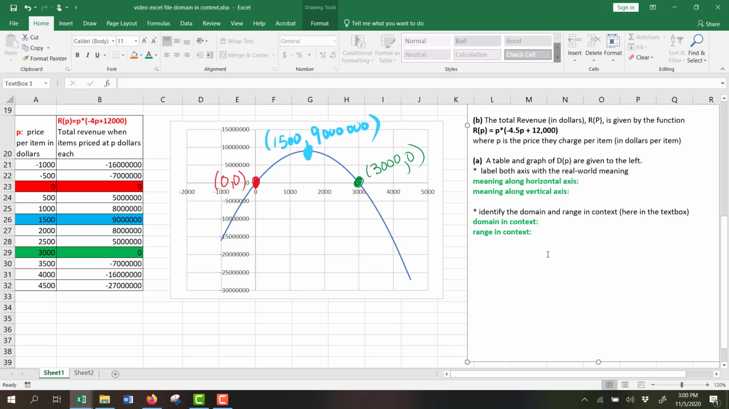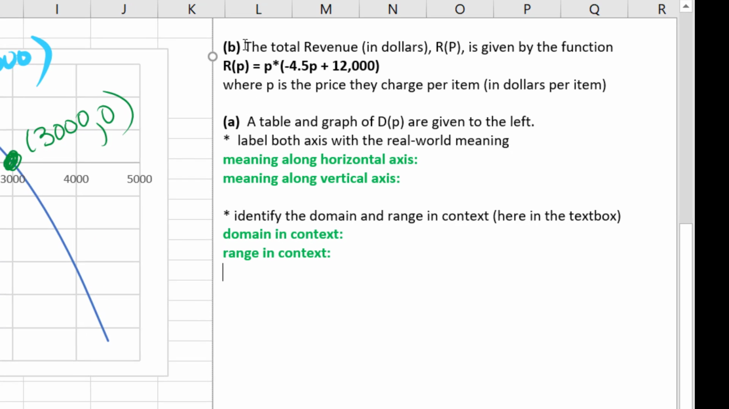In this video, we're going to go through an example of finding the domain and range in context. We're given a table, a graph, and an equation for a function r of p. It tells us that this function r of p tells us the total revenue in dollars when the p is representing the price that they charge per item. So notice that this means they're plugging in P, price per item, and it outputs R of P, the revenue